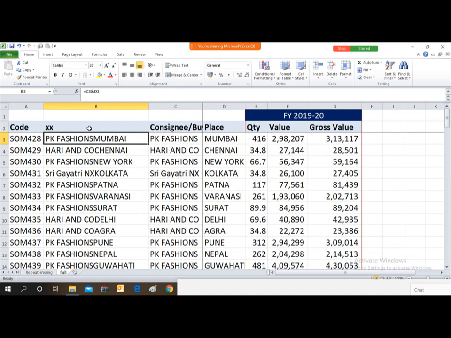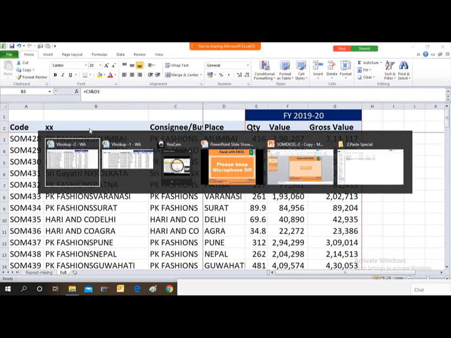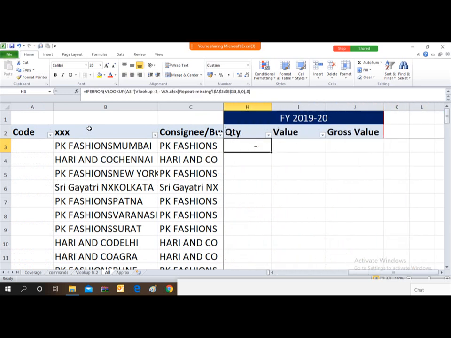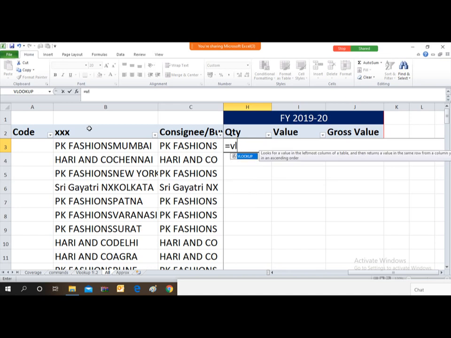So with the help of this unique combination, you can use the formula VLOOKUP. Let's use the formula of VLOOKUP in my desired table. So I want to derive the quantity value and gross value for the financial year 1920 in this table. How can I do it? We have previously done it by typing the formula at multiple different places.